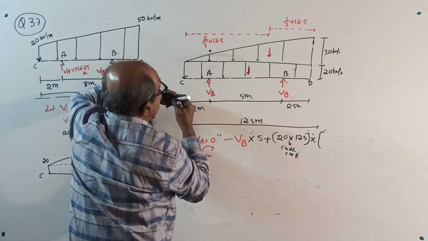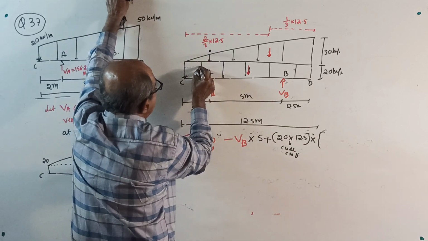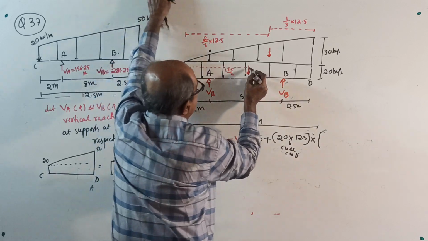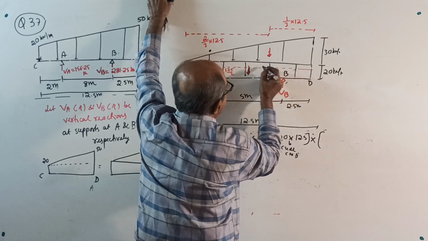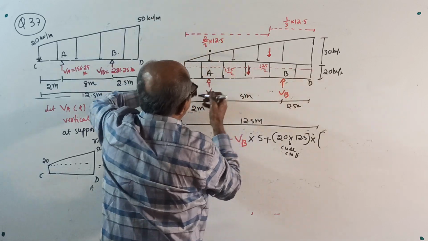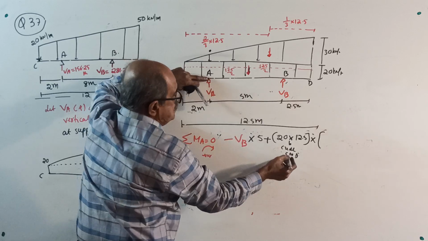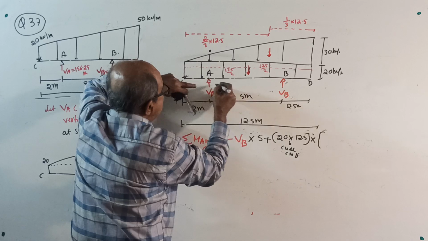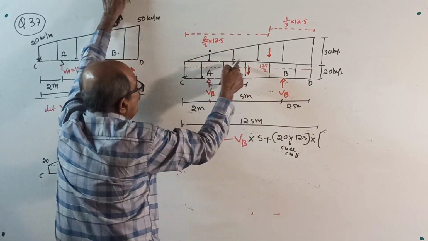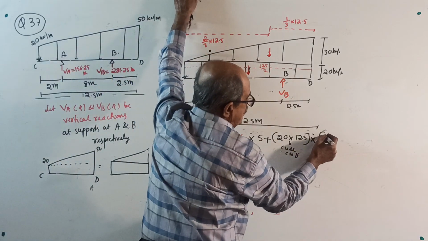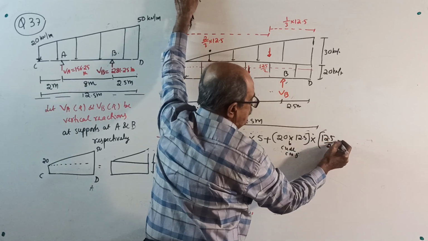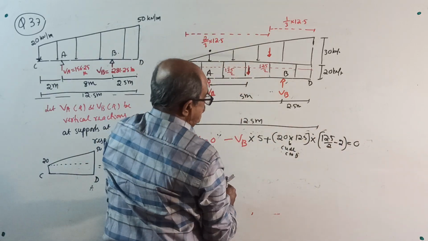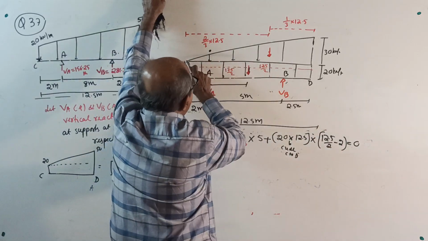If this is 12.5, this distance is 12.5 by 2. So we want moment about A into 12.5 by 2, subtract 2. I want this distance: 12.5 by 2 minus 2, that's all, equal to 0. Then plus uniformly varying load,